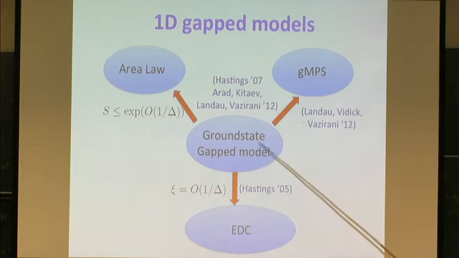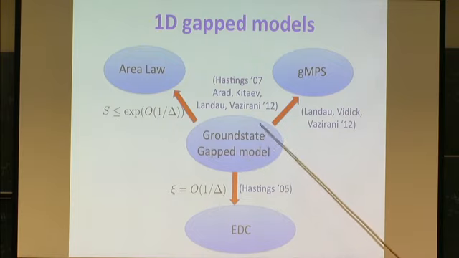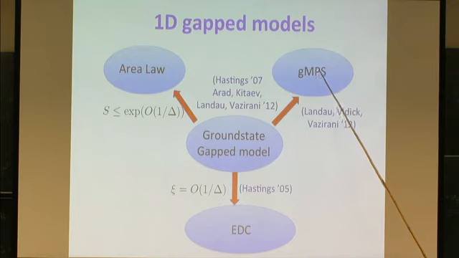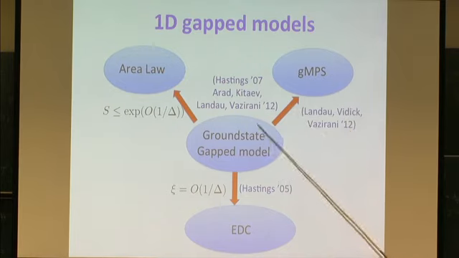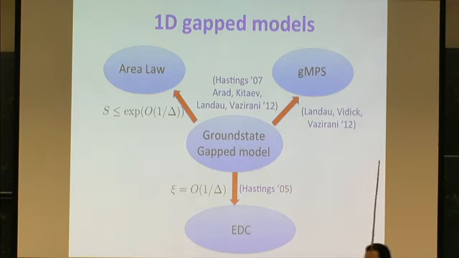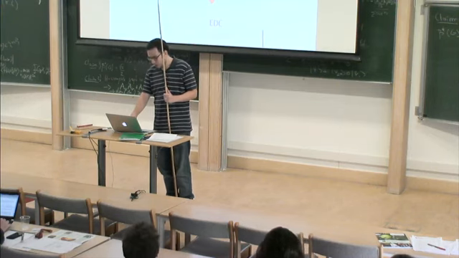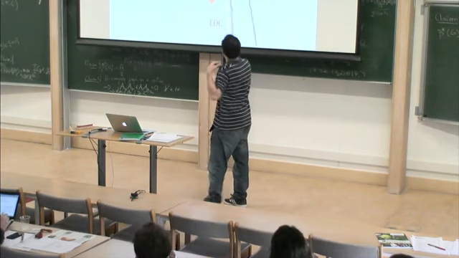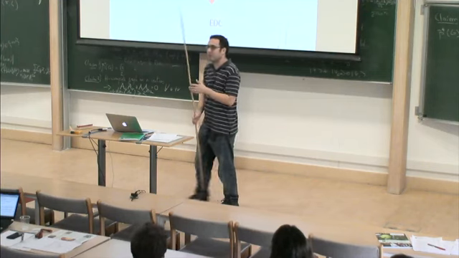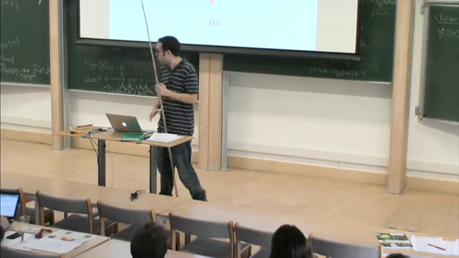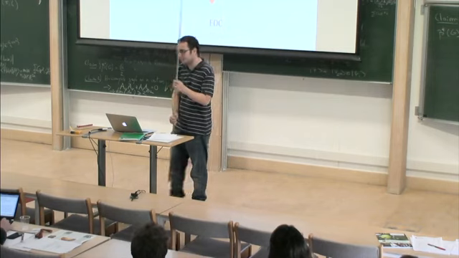What these guys also show is that the ground state of a gapped Hamiltonian is well approximated by an MPS, and you can even find this MPS efficiently. So once we know it's a ground state of a gapped Hamiltonian, we know a lot. It gives a lot of structure. And this really shows that matrix product states are very useful there. But they use a number of techniques, more analytical or more combinatorial. There isn't much information theory there, actually. A little bit in Hastings, actually. We'll see that later.